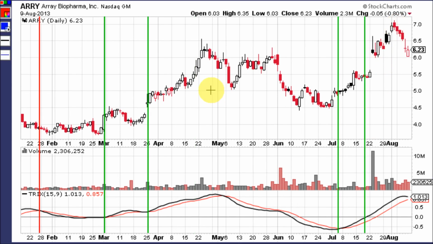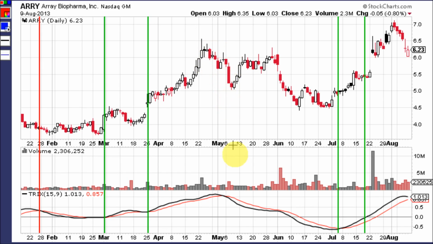Now let's talk about the bearish signals that the Trix gave on this chart. Okay, first of all, it's in positive territory right here. Right here is the top. Look at all these tall upper wicks. This is a double top chart pattern shaped like an M, and when it breaks below support right there, it